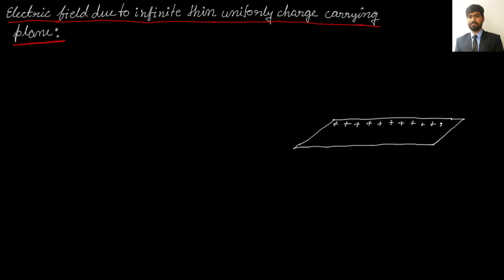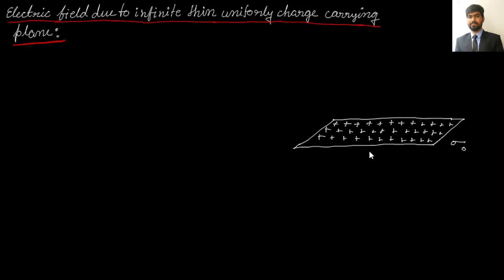And let's say this surface is infinite. The cross section area of this surface is infinite, and the charge per unit area, that is the surface charge density on this plane, is uniform, and let's say sigma naught. Now we have to calculate the electric field because of this charge distribution, and in this case,